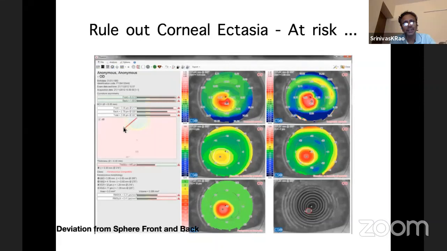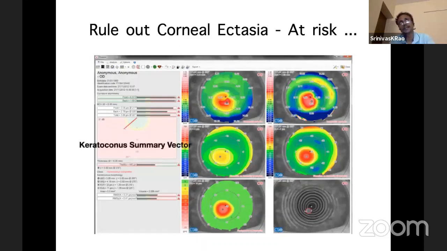So if you can look at it, this is your vector. If the vector ends up within this area, it is normal. If the vector ends up in the yellow zone here, it is suspicious. And if it ends up all the way in the red, it is abnormal, and how abnormal it is will show you depending on how far into the red it goes. So this is basically the final composite vector, the summary vector on the Sirius. So even if we don't really look at all of these nuances ourselves, the machine tries to make our life easier by giving you these composite vectors.